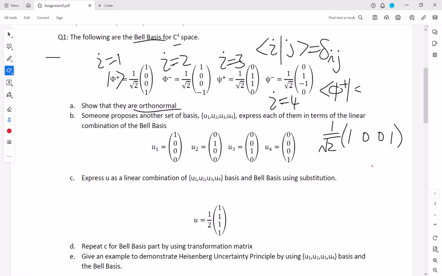So what I just showed you is that by observation, U1 equals 1 over square root 2 psi plus plus psi minus, right? But we can also find a matrix that tells us that,